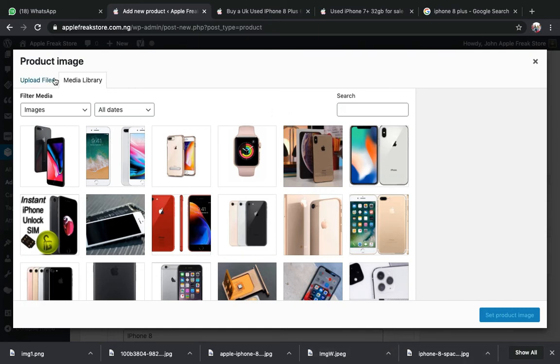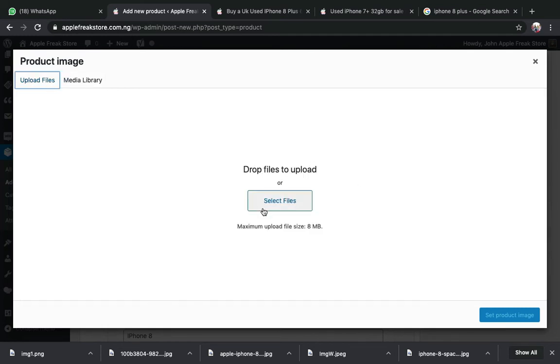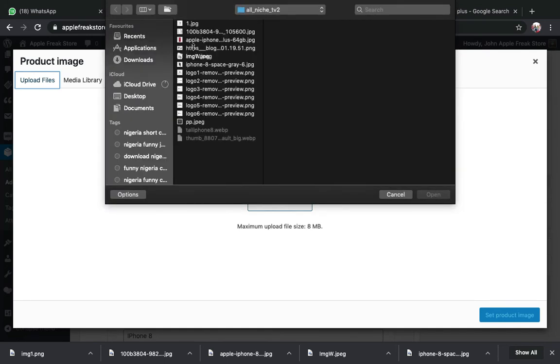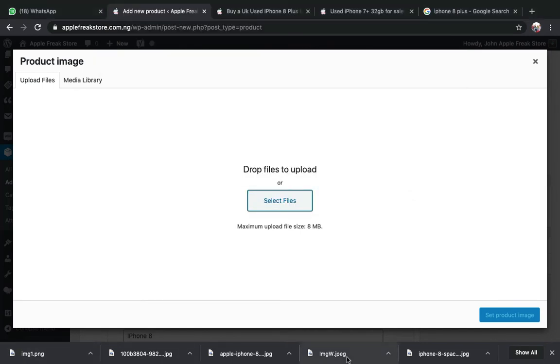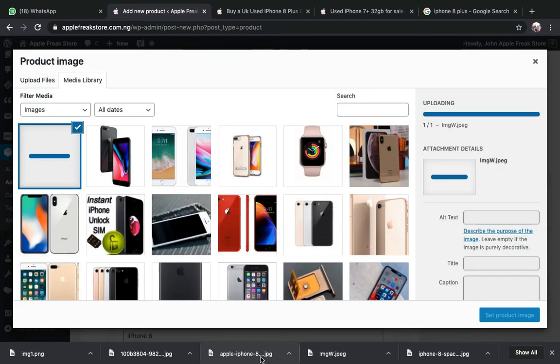Like you can see here, I can be taken to my computer library where I can select an image, but I don't want to do that because the images are already here. So I'm just going to click here and drop it, and it will be uploaded. I'll click here and drop the next one, the same for the third one and fourth one. So now this has just been uploaded. This is the iPhone 8 image which we